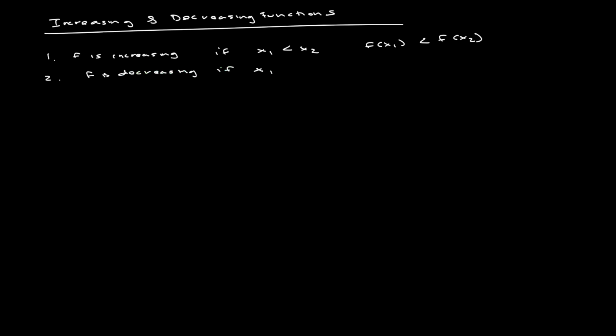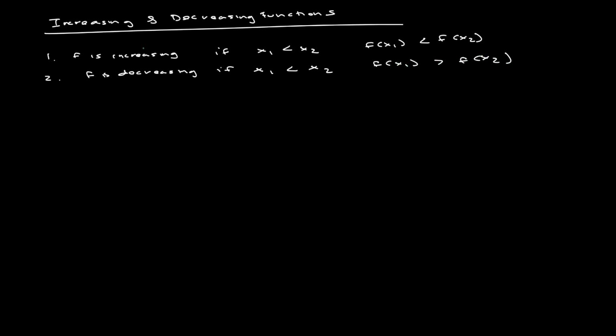So a function f is increasing if for x1 less than x2, f of x1 is less than f of x2. And similarly, f is decreasing if x1 is less than x2 and f of x1 is greater than f of x2. And this, all it's saying is,